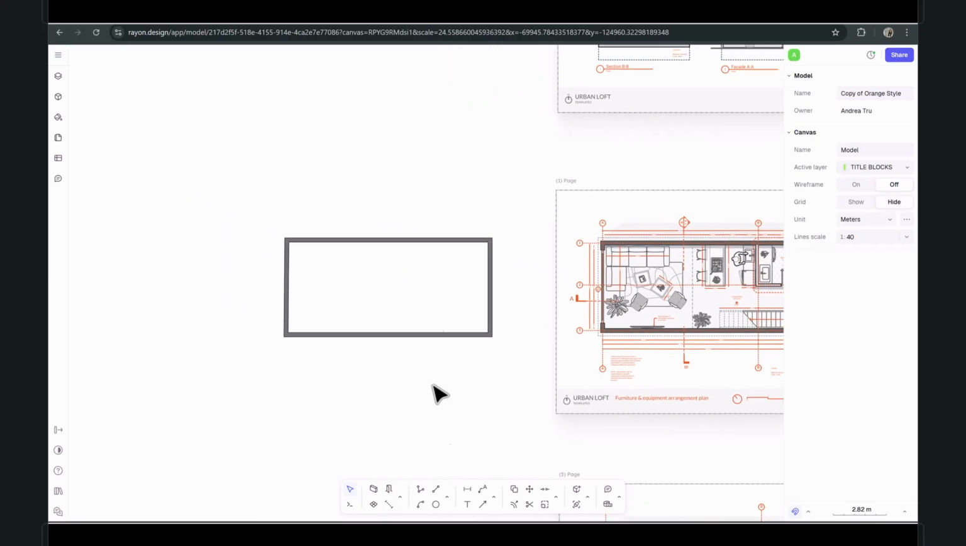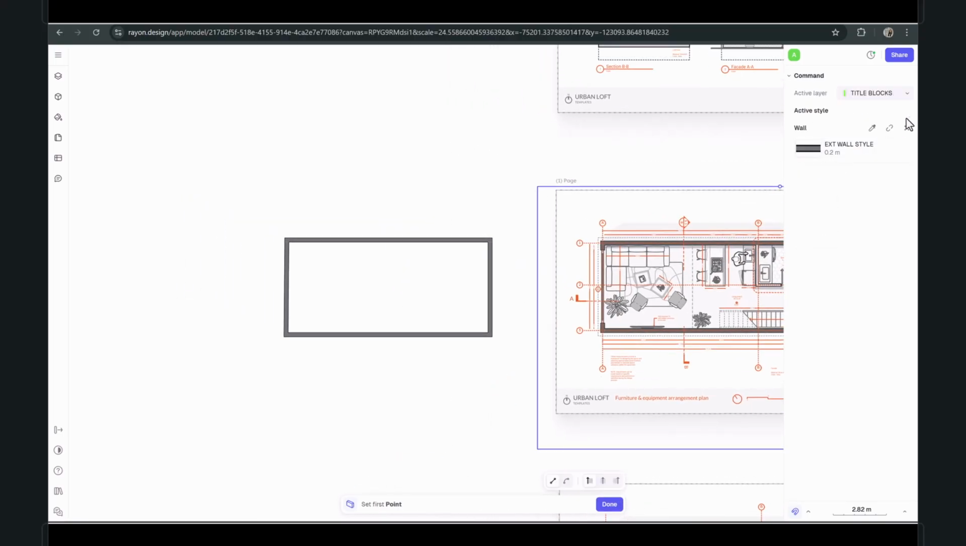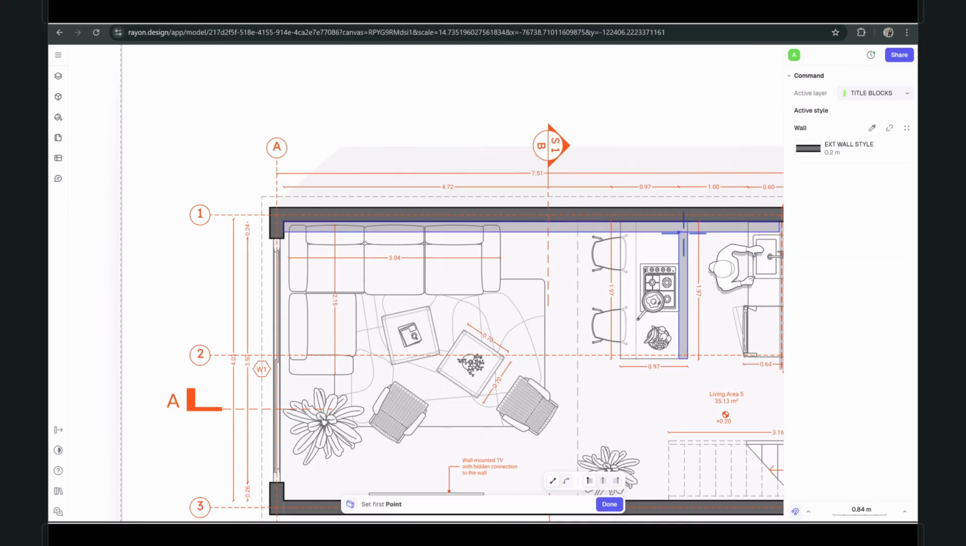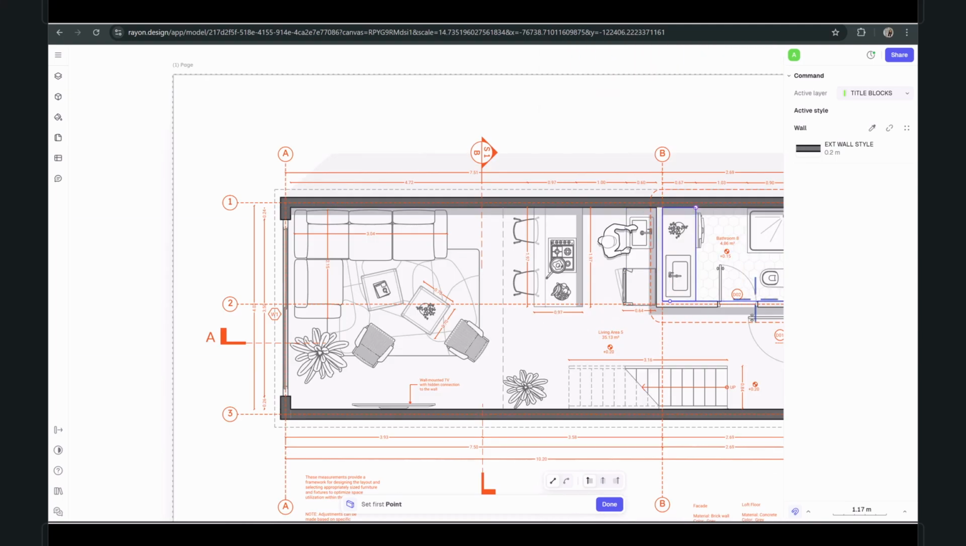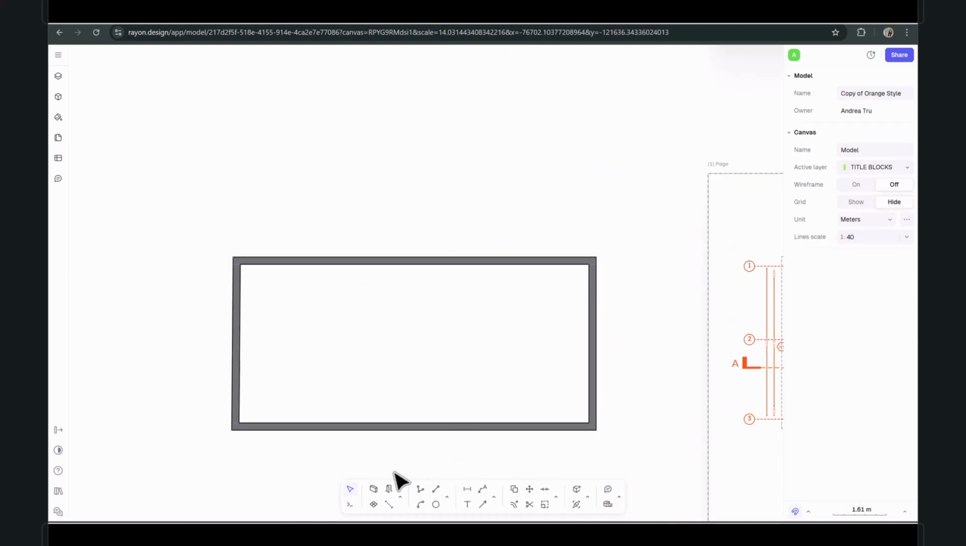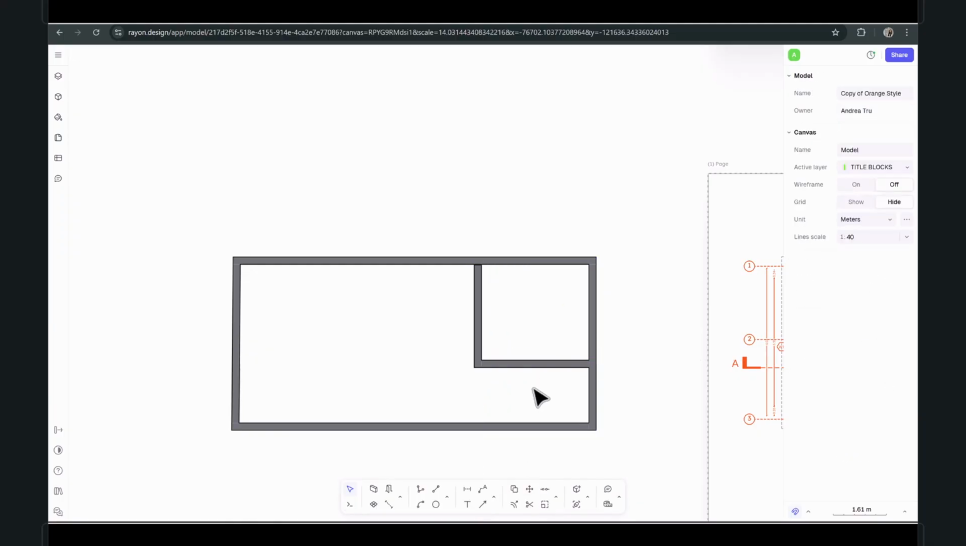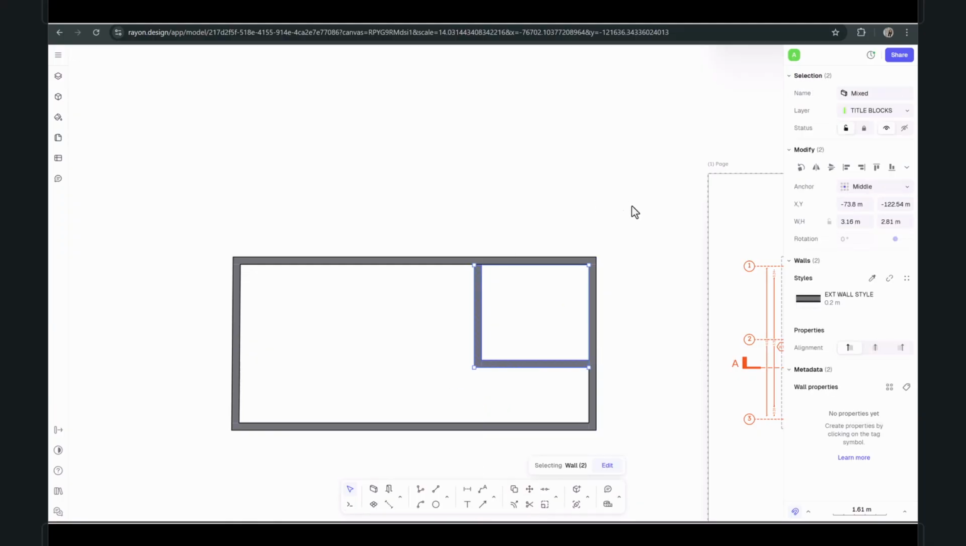Now you want to create another wall, but this new wall you want to be less thick, okay? What I normally do is just create, for example, here I have a wall here and here, right? I'm just going to create them very quickly, and then I will go ahead and change the style. So if I click on those, I'm going to change the style for those. So let me